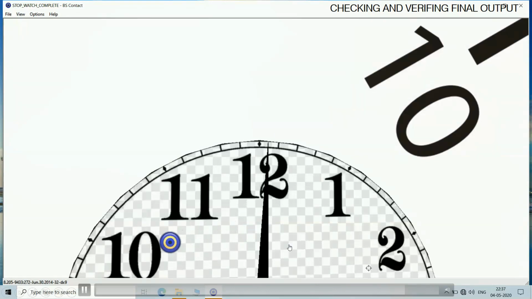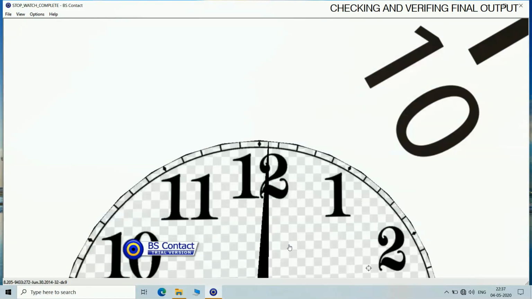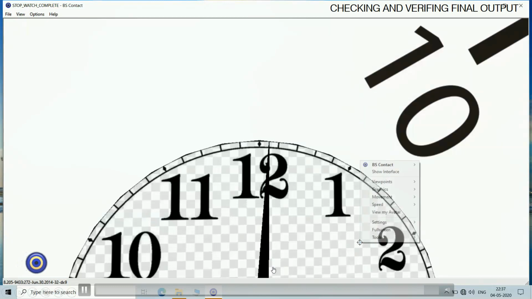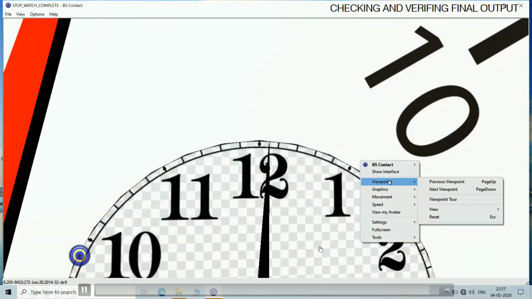Now either there will be something going up or down. It shows that there is a small minute movement of the clock. Here you can see that something is going down, down, down, down. So it indicates that it is moving properly.